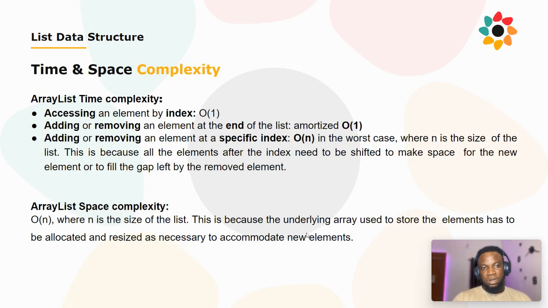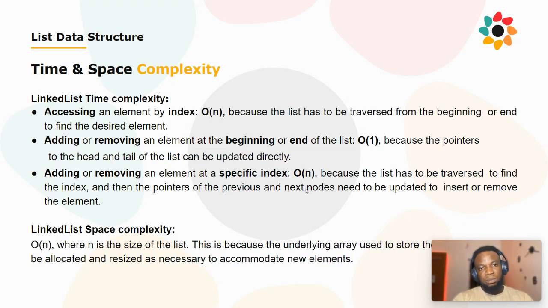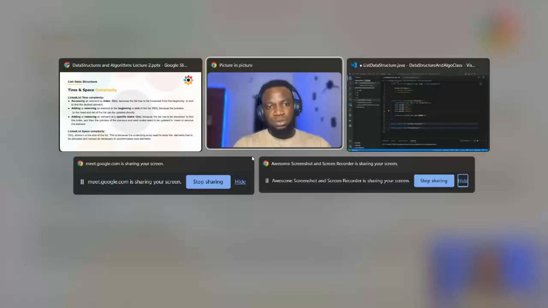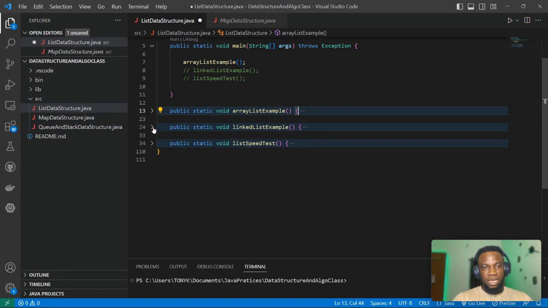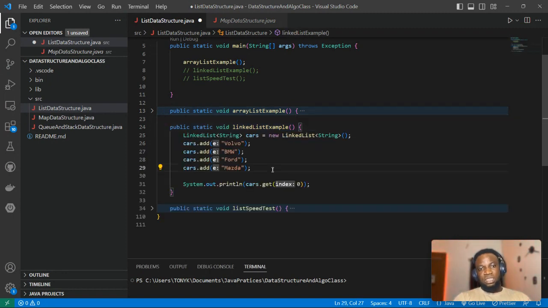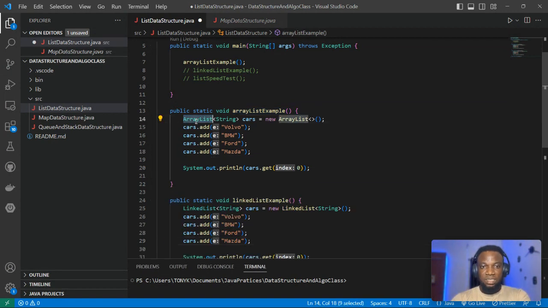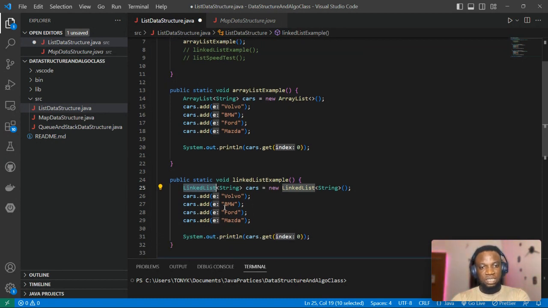So now, we've talked about array list and those numbers, O of 1, O of 1, then O of n, which is when you're adding or removing at a particular index. So what about linked list? Before we even talk more about linked list, I want to show you what a linked list looks like. You will notice that the only difference between the array list here in Java and linked list is just the name. You see that they have similar code. That's because in Java they actually implement